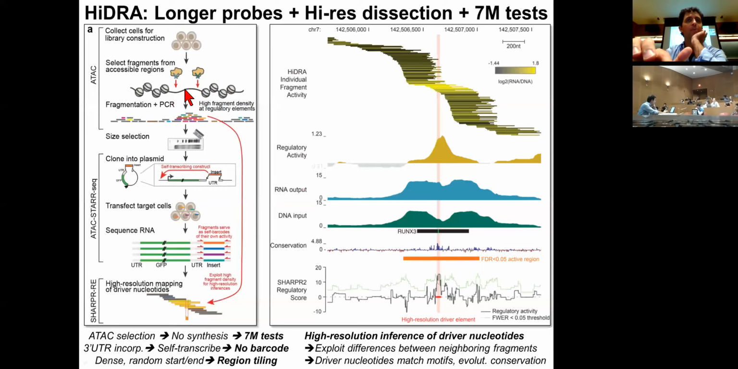So they're self-transcribing constructs using a technique called STARR-seq that Alex Stark in his lab developed. He was previously a postdoc in my lab. So using this, we tiled all of these accessible regions, and we're able to, in high resolution, infer exactly where the activity is coming from using another deconvolution algorithm called SHARPR that can work at any variable offset. So this is where I'll stop, and